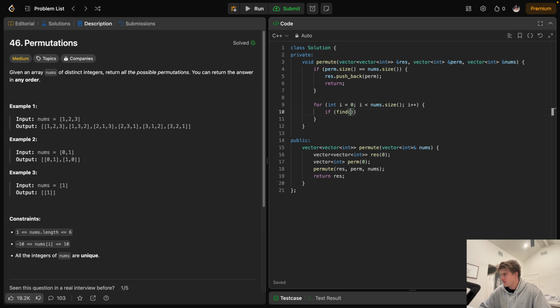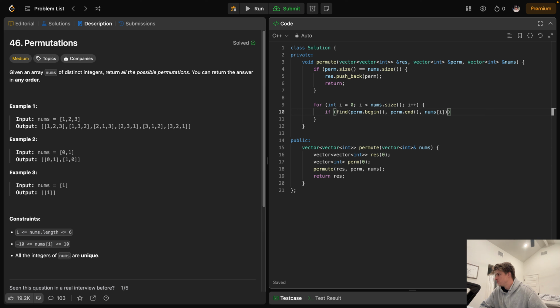So this is going to be find on nums, no, we're looking through the perm array, for the permutation we're building. It's just perm, singular, is what I called it. So in the perm array, from the beginning iterator to the end iterator, if nums[i] is in there, find will return to us